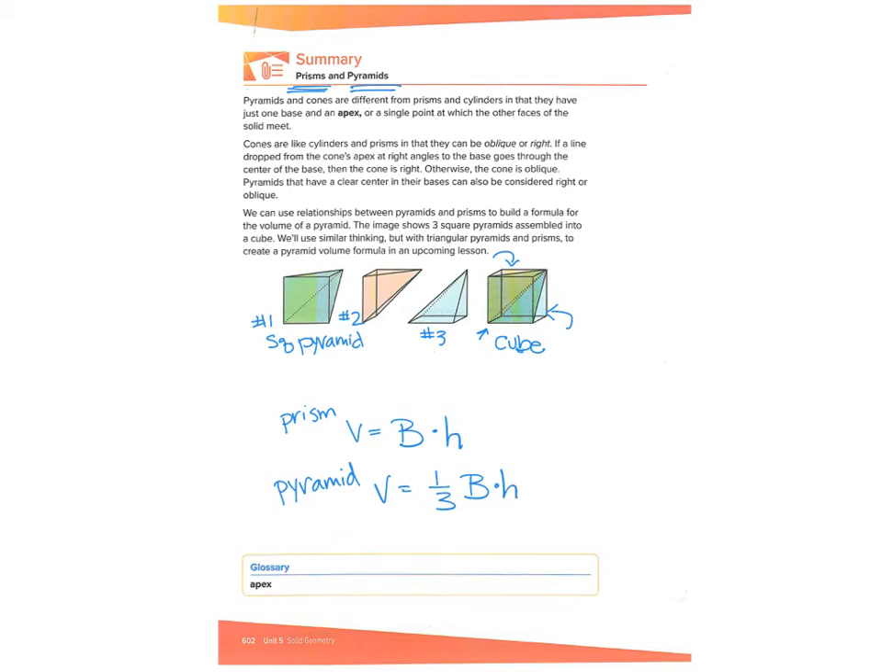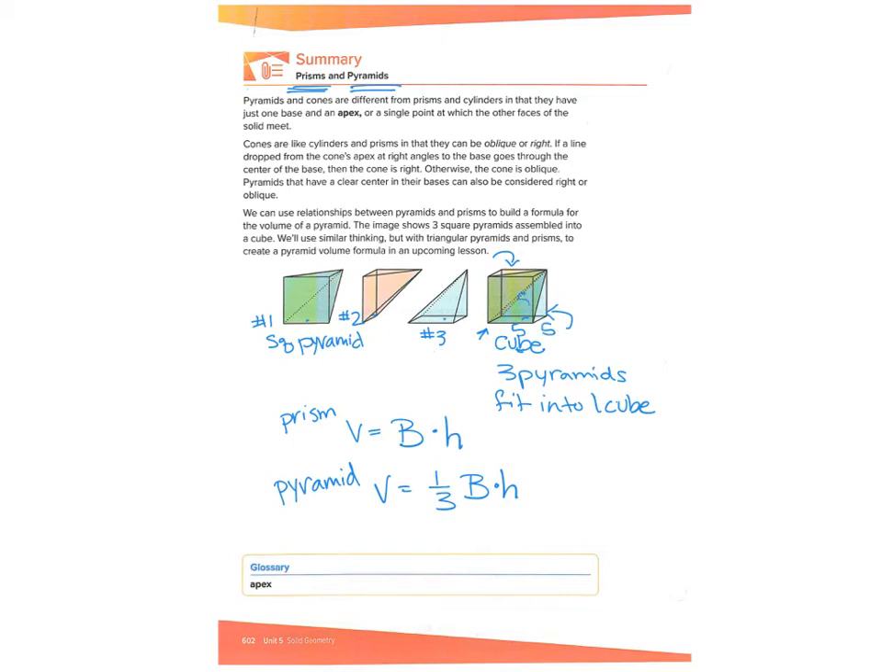And you can see here how 3 pyramids fit into 1 prism of the same base. So notice that it has the same base area, and so 3 pyramids fit into this 1 cube. So something you could think about is if this cube had a base edge of 5, let's say, so 5